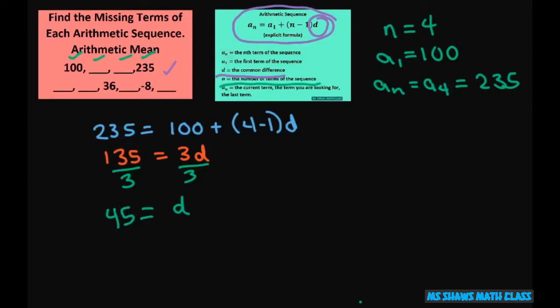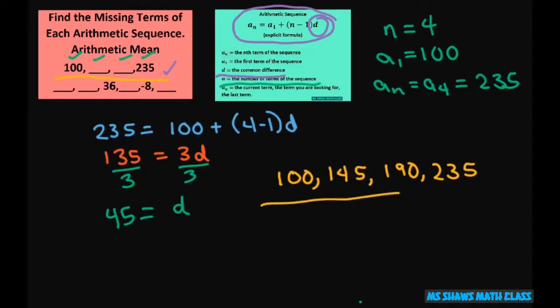Now all you do is take this sequence and write it out. You just keep adding 45. So this is going to be 145, 190, and then 235. And that's it. Now the reason it's also called the arithmetic mean is you can take any of these two numbers